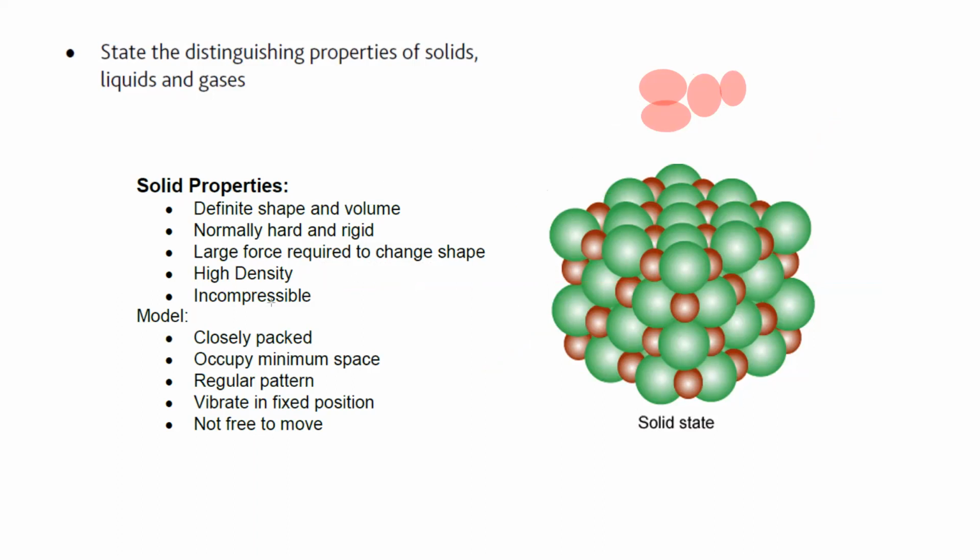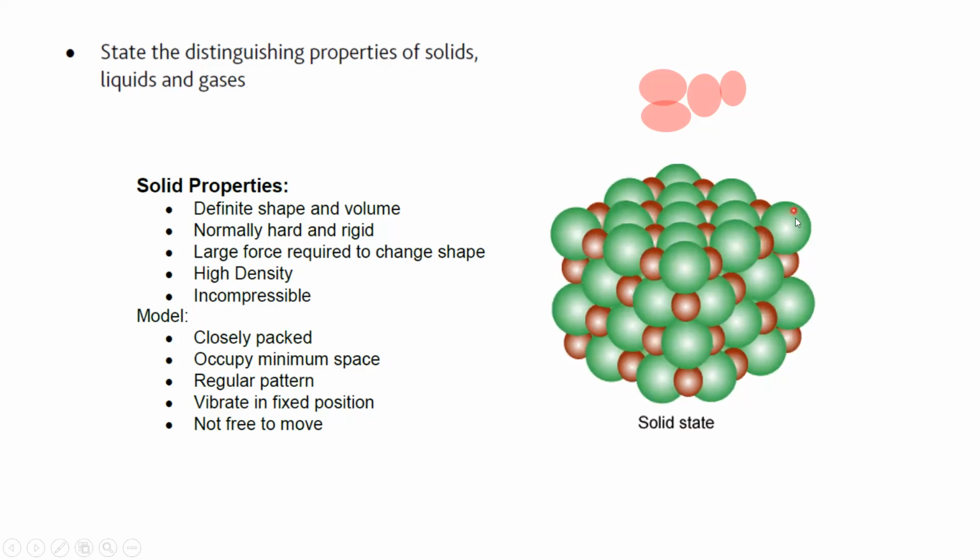So you should be able to recognize solid, liquid and gas in terms of structure. You should be able to explain the structure of solid, liquid and gas in terms of particle separation, arrangement and types of motion. When we say particle separation, in a solid the particles are very close to each other. In a liquid, the particles are not very close, but they can move around each other. And in gases, the particles are far away from each other.